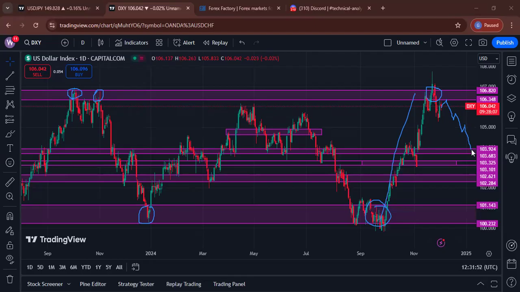If you observe, this supply area was the origin of this whole drop to this demand. This demand became the origin of the rally all the way to this supply. This supply again becomes the origin of the drop all the way to this demand. And price comes to this demand, again becomes the origin of the rally all the way to this supply. So now, Talia, when you're mentioning these levels becoming the origin of major price moves, you will have now added